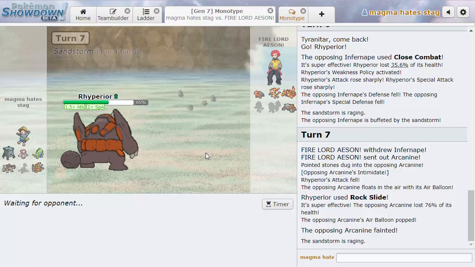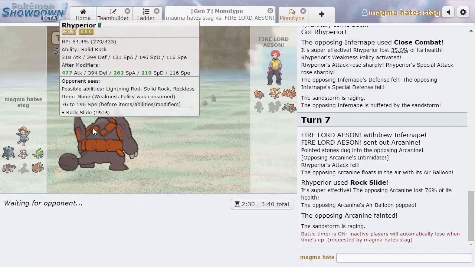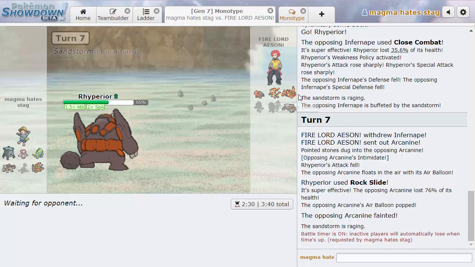What is happening outside? I don't know what he's gonna go into. I gotta turn the timer. It's taking way too long. I guess he has to go into Tran and try and weaken me. But if I kill the Tran, I win with